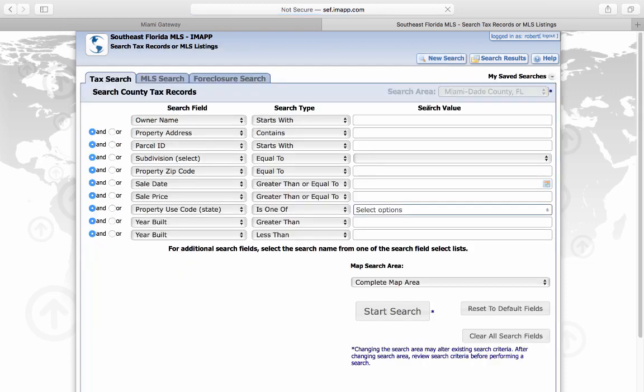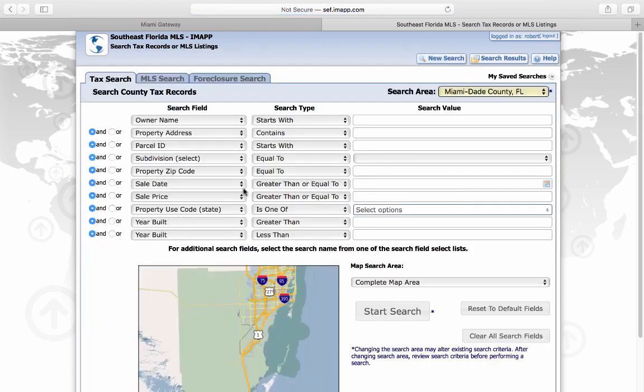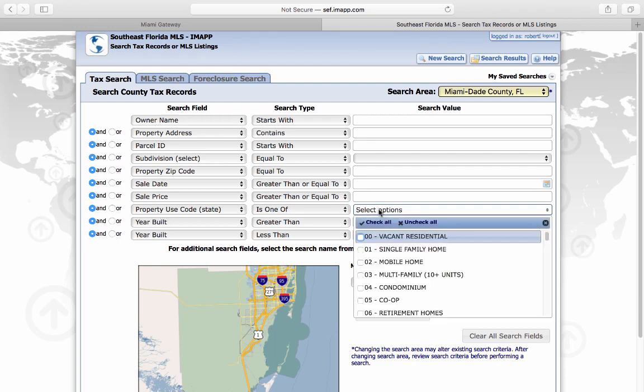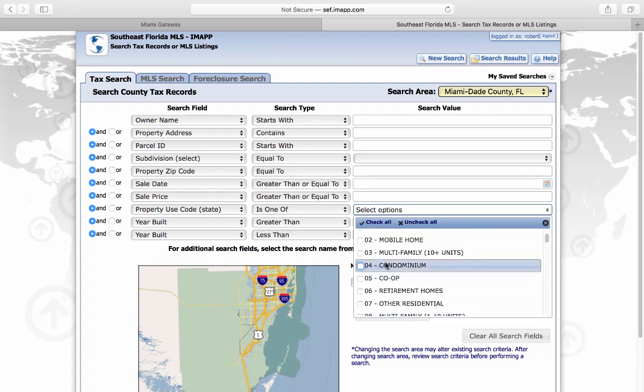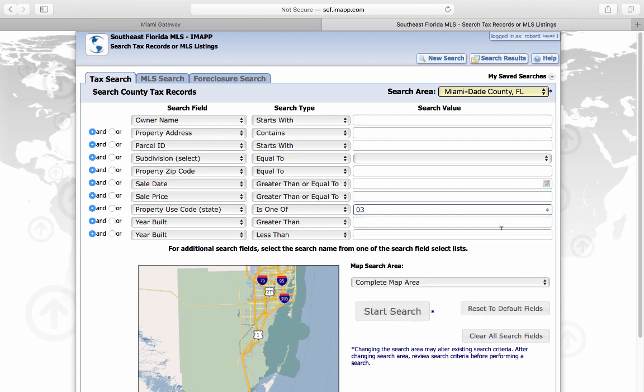Now the question on property types is always good. Property types right here, property use. You can always open this up and you have single family homes, you have mobile homes, you got multifamily 10 units or more, condos, you got multifamily 1 to 10 units. So for example, if I'm a commercial investor or a commercial realtor and I wanted to know how many 10 unit or more buildings are there in zip code 33135,